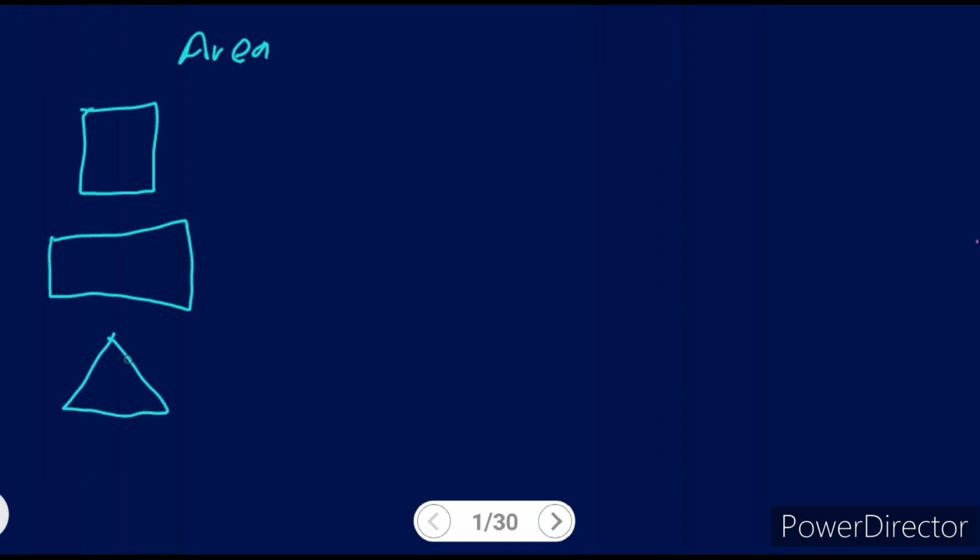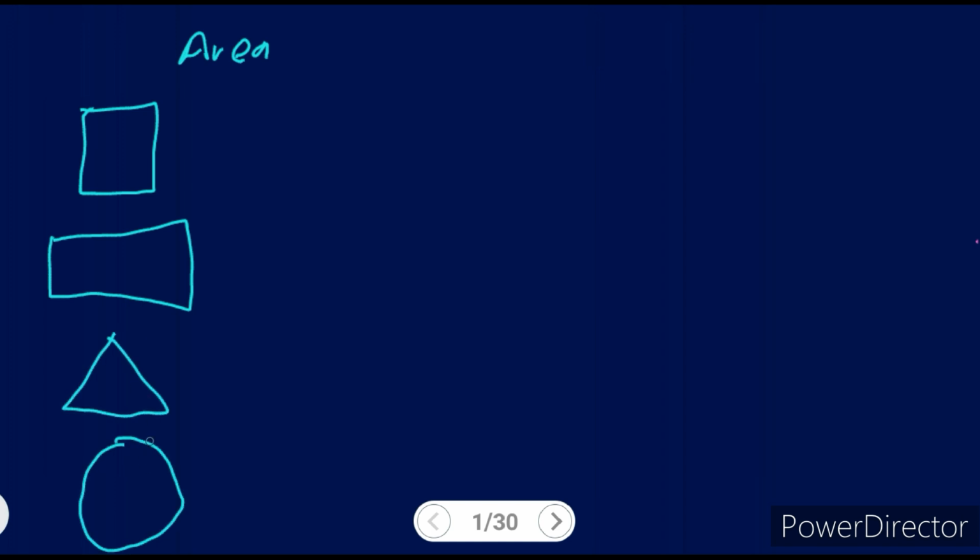Good day. In this video, we're going to talk about area and perimeter. So let's start with the very basics. You have to know the areas. So I'll show you something. You have to know the areas of the four basic shapes: the area of a square, the area of a rectangle, the area of a triangle, and the area of